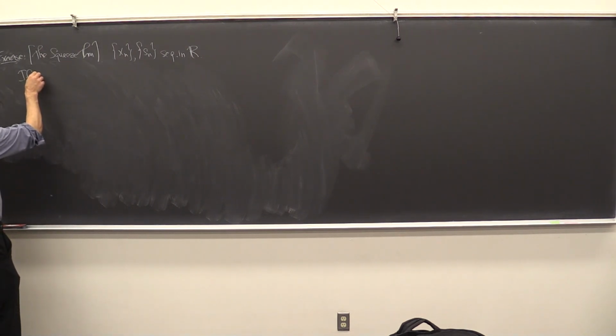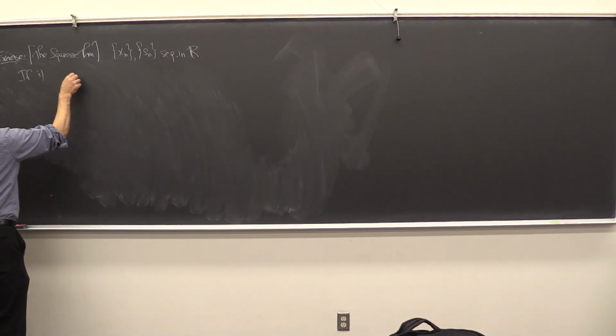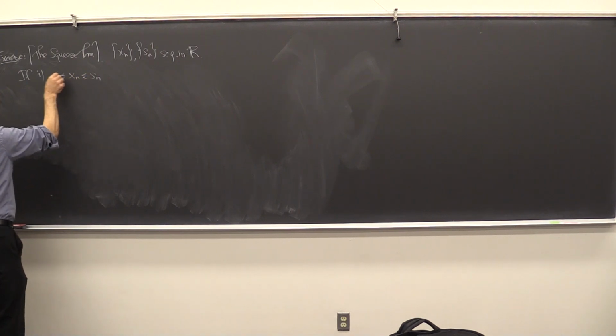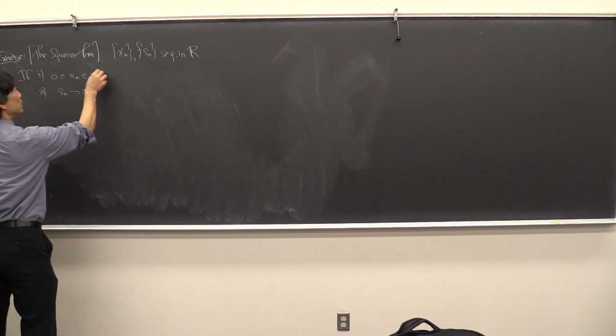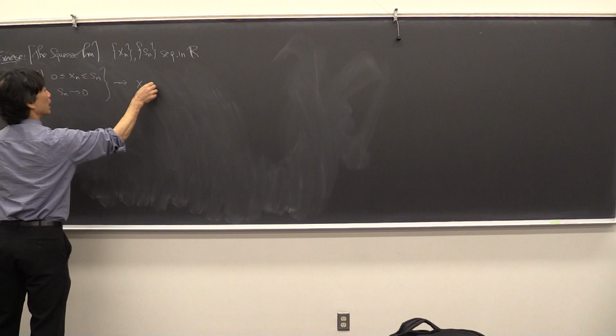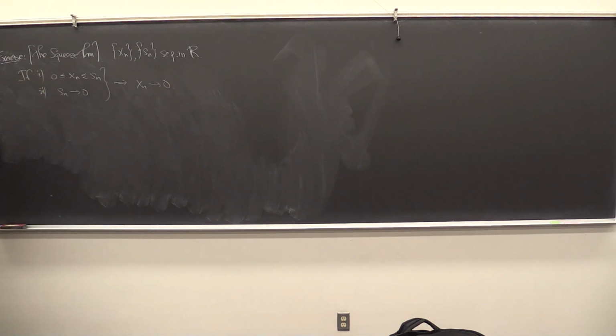Okay. So if x sub n is smaller than s sub n and bigger than zero, and the upper guy goes to zero, then the middle guy must also go to zero. So you should try that. It's not too hard as an exercise. Okay, and then the second thing I'm going to remark is the so-called binomial theorem,